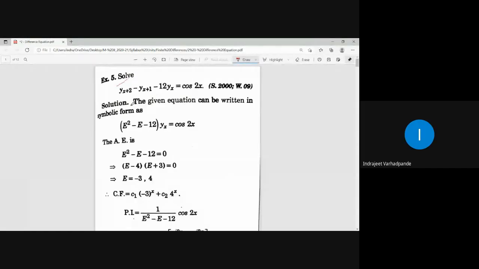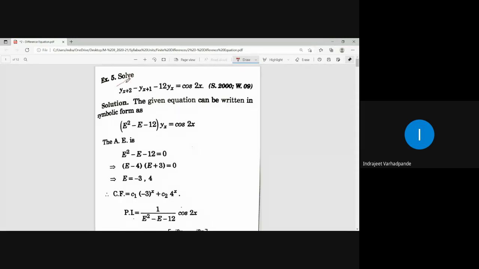The next example relates to further cases of particular integral that we have discussed, that is case number 2, in which in the RHS you have sin kn or cos kn. Case number 3, where RHS is a polynomial in the form n to the power p, and the third case where RHS is a to the power n into f of n. It always appears in the product form where one of the terms will be a to the power n and the other term will be a polynomial of degree p in variable n.